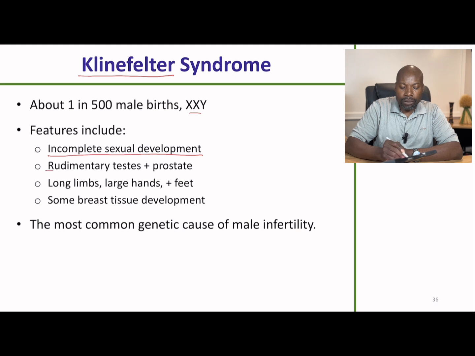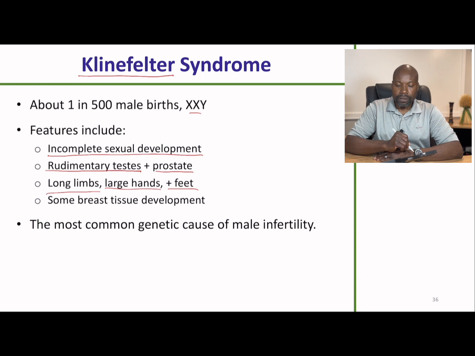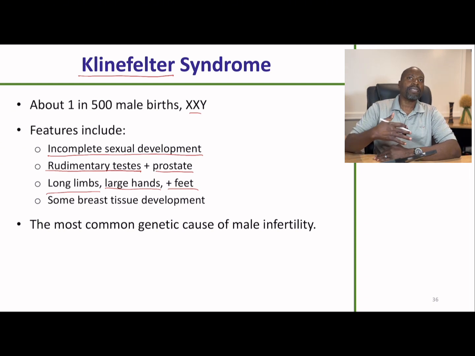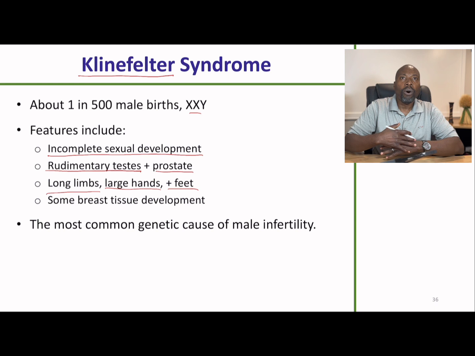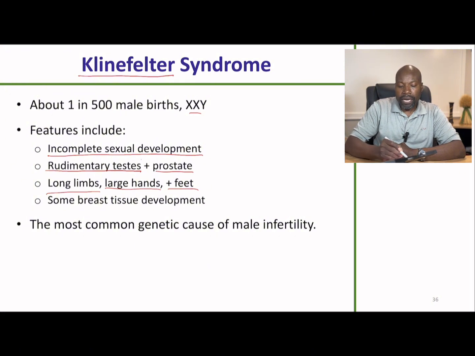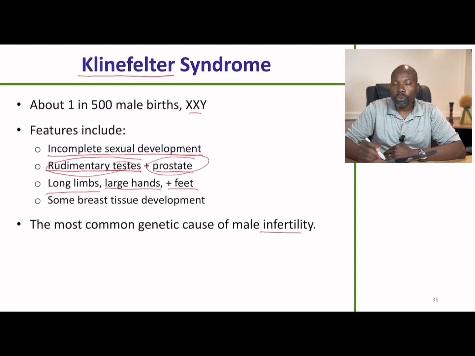They're going to have rudimentary testes. That's what I mean by underdeveloped male features, right? The prostate is going to be underdeveloped. They tend to have long limbs, large hands, and large feet. Some are going to have breasts that are more developed than in an average male. Because of the underdevelopment of testes and prostate, these individuals tend to be unable to reproduce,